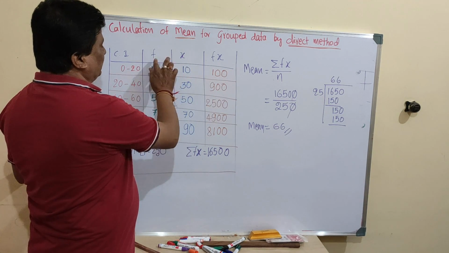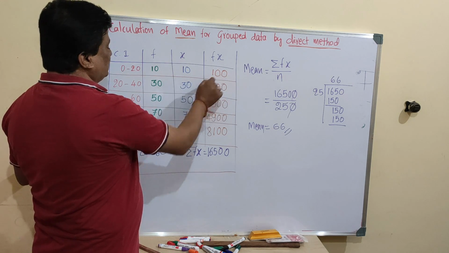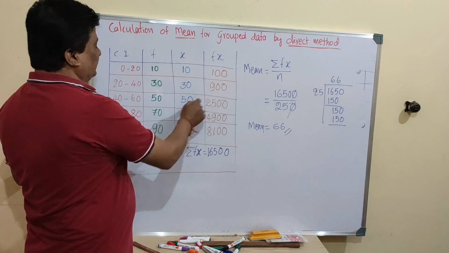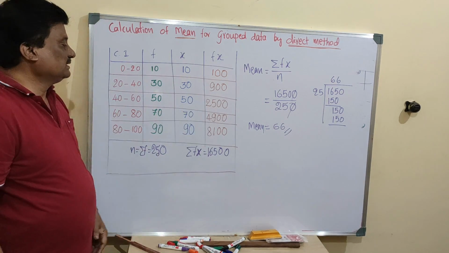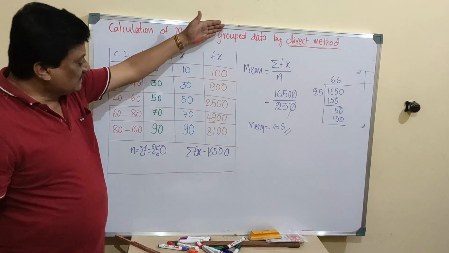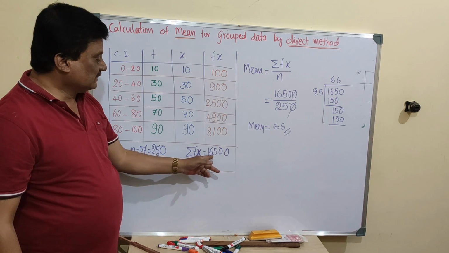Then fx is the product of f and x: 10 into 10 is 100, 30 into 30 is 900, 50 into 50 is 2500, 70 into 70 and so on. The sum of all these gives